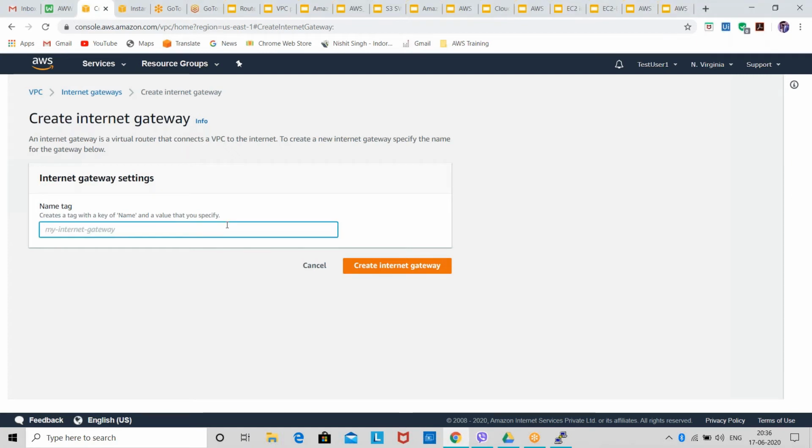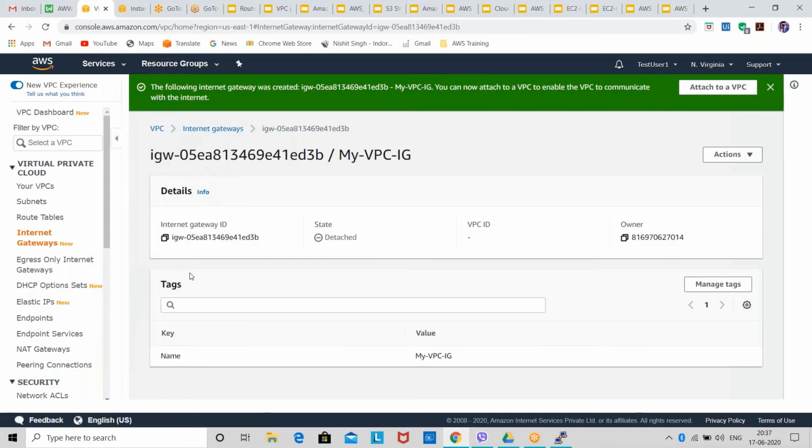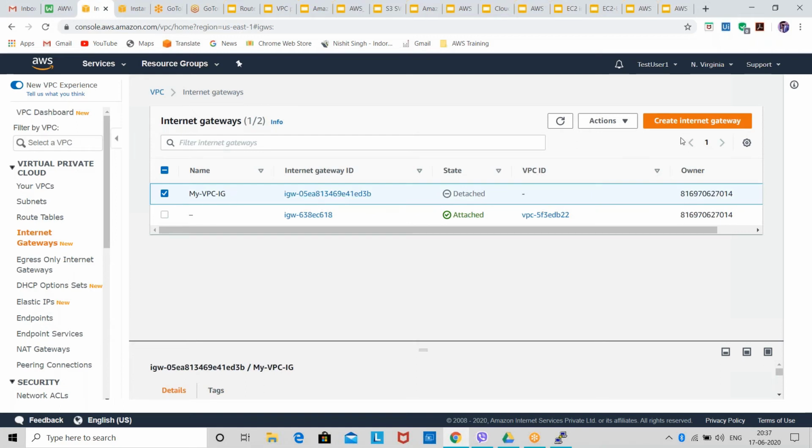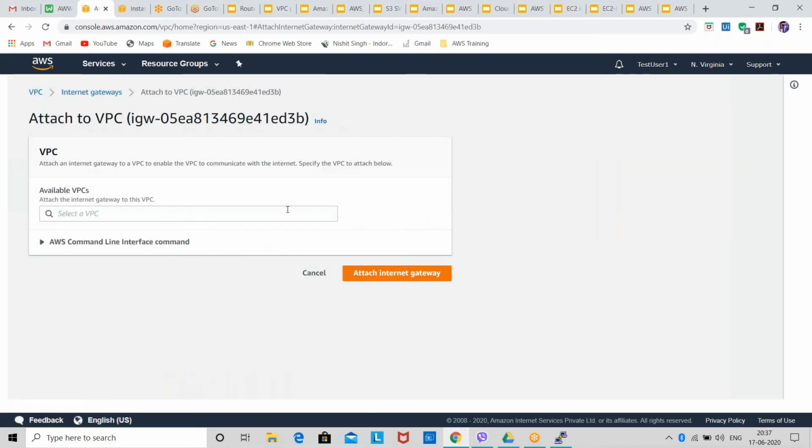So I'll give my VPC IG and create it. Okay, so now my internet gateway is created. Now I have to attach this internet gateway to my VPC. So I will attach this.